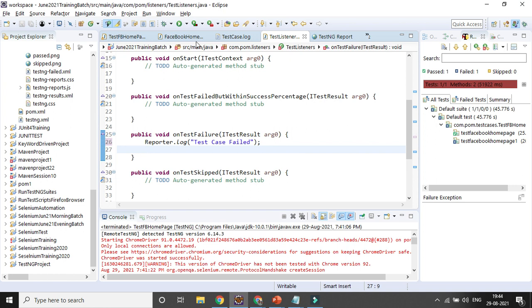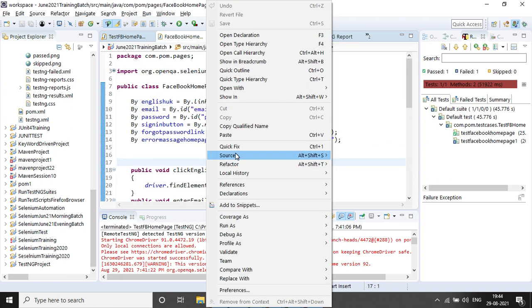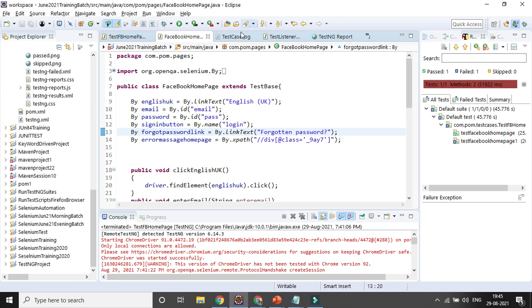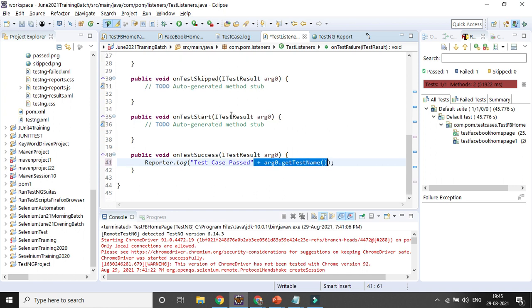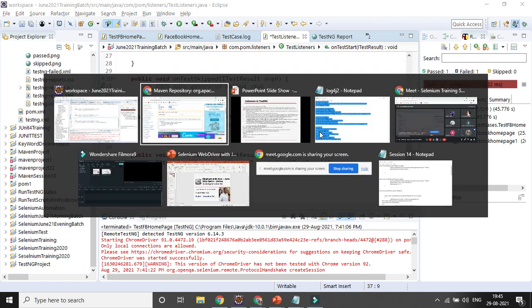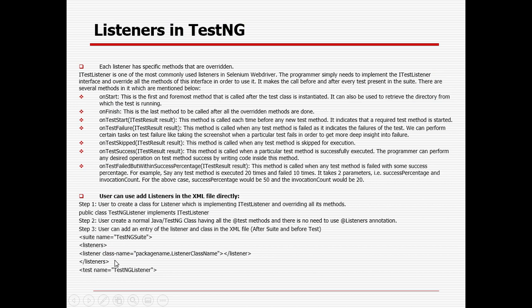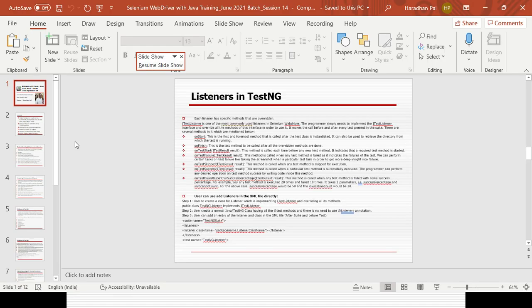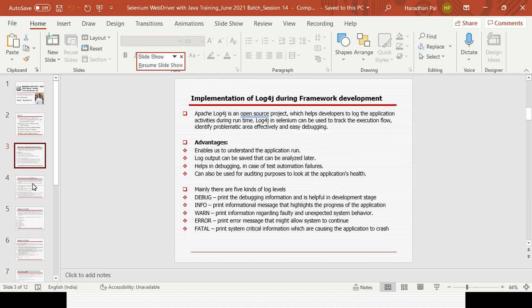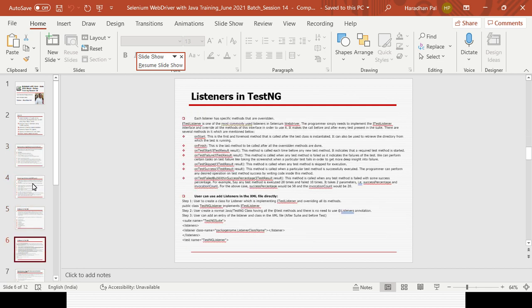So let's try to run it. The test cases. Oh, sorry. Yeah, it should come. Okay. Why is it not coming? I got it. We need to add that part for the listener class in the testng.xml file, otherwise it will not come, right? So that is already mentioned here in the listeners tag, you need to add it. So I will be adding it in that class.